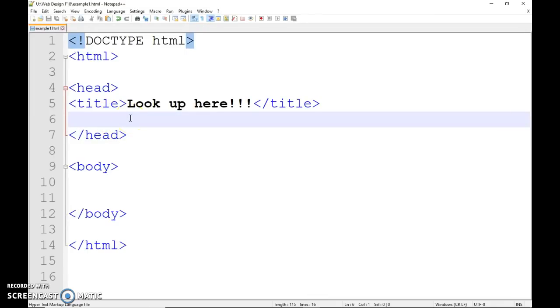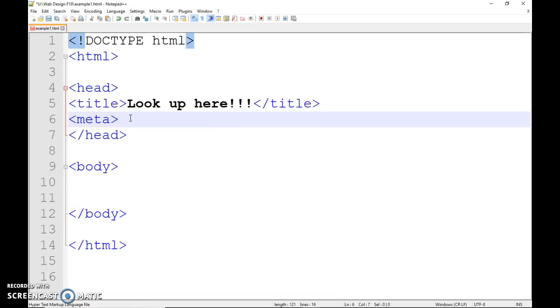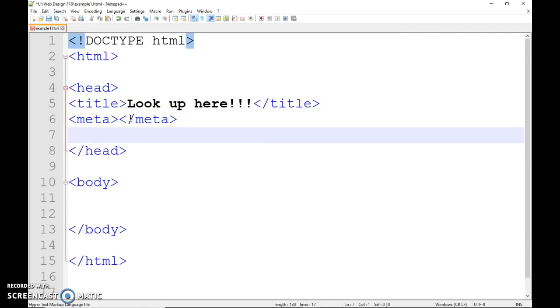I'm not going to add the details in this first video, but there will be a set of meta tags that you'll also use, which we will get into later on. So I'm just going to leave a spot for them. Well, actually, there'll probably be 2 of them. But anyway, just know that those are going to go up there. And eventually, a link tag will go up there when we link this HTML file to a style sheet that